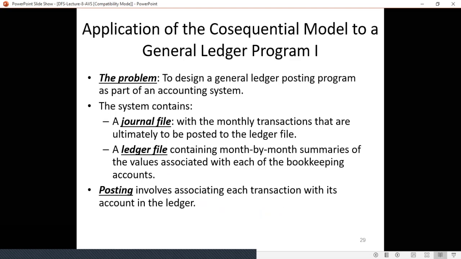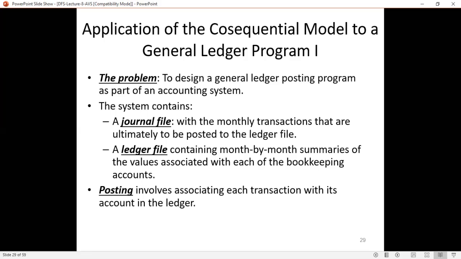Next, the application of the co-sequential model to a general ledger program. Here the actual problem was to design a general ledger posting program as part of an accounting system. The system contains two files.